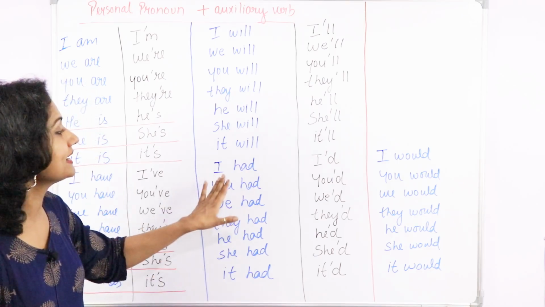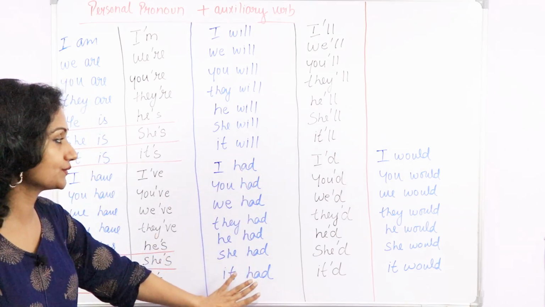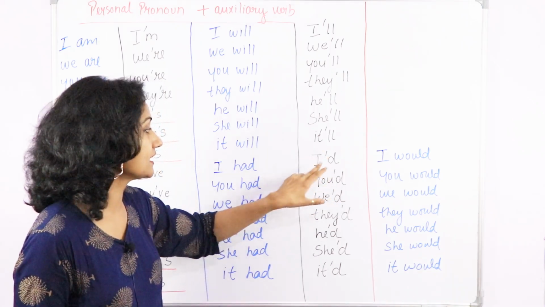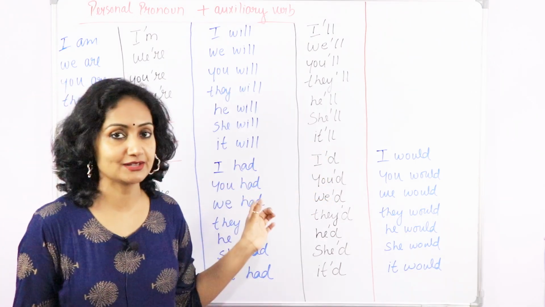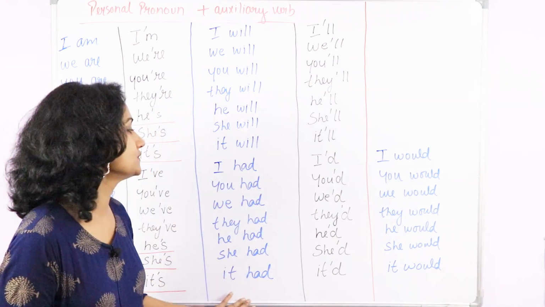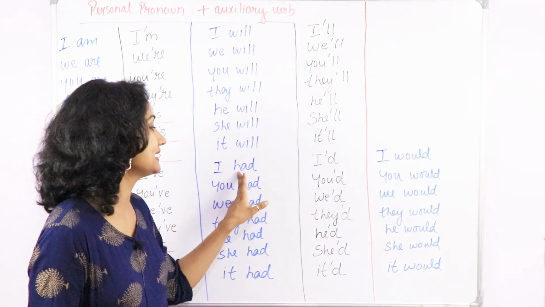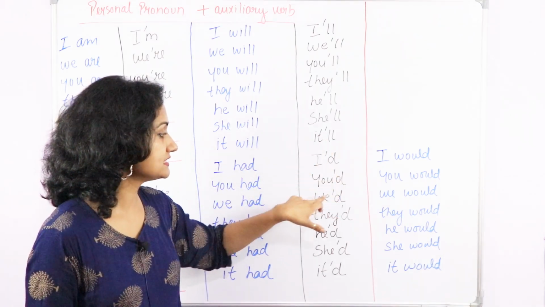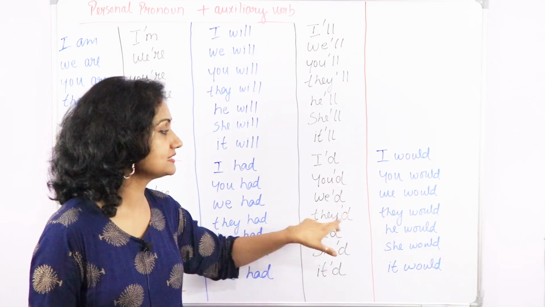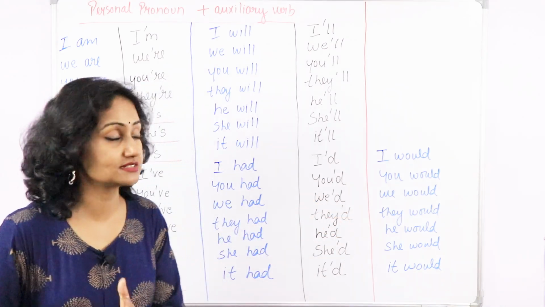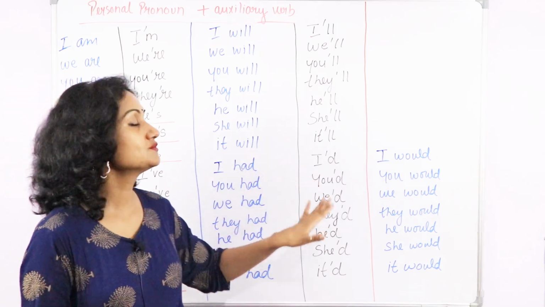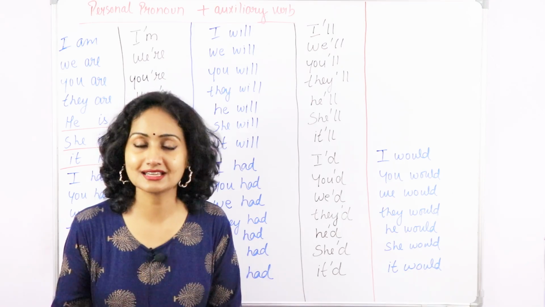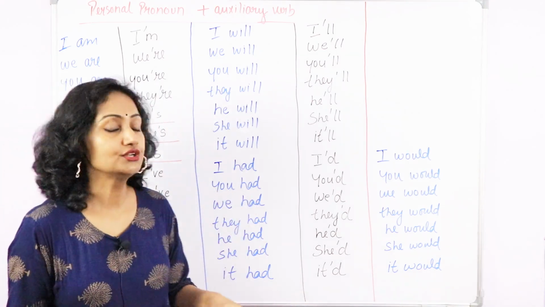Next is I had, you had, with had. So I had becomes I'd, I apostrophe D. Again we are dropping two letters, H and A. In all these words we are dropping two letters that are H and A. So I apostrophe D, you apostrophe D, we apostrophe D, they apostrophe D. This way we are going to make the contractions. So I had becomes I'd done that. You had, you'd